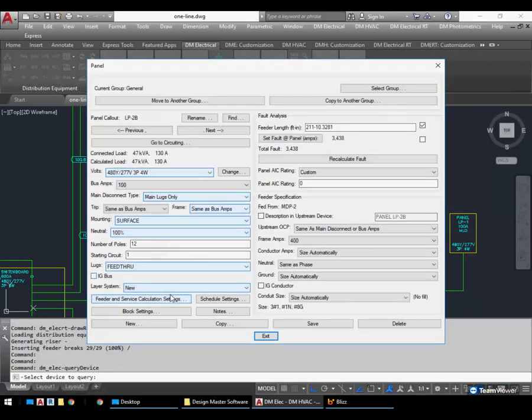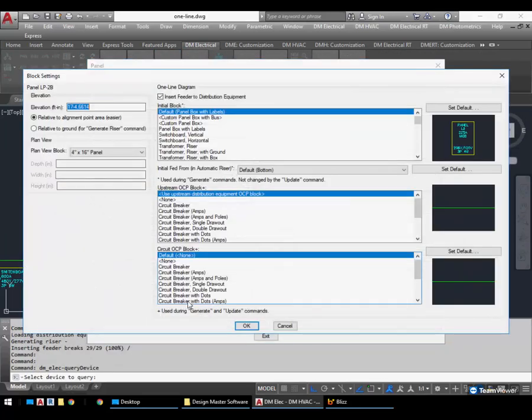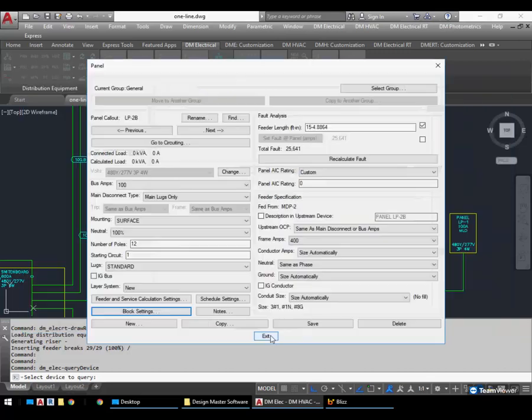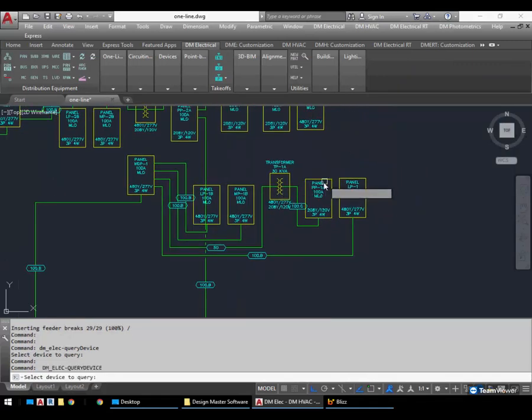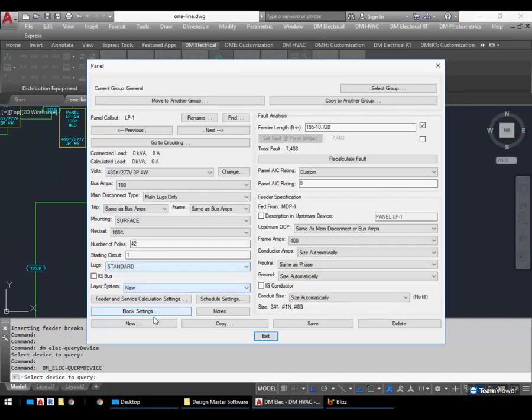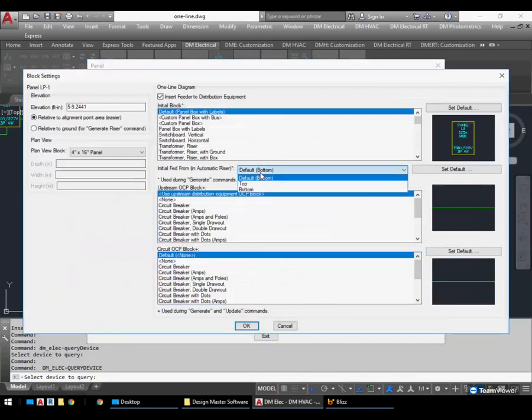Let's say we take this panel here, and under block settings, you have the initial fed from location. This is set to default, which means it's pulling from the options. We could force it to top or force it to bottom. I'm going to leave that one because that one's not going to be interesting if I change it. If I come over here and change this LP1, it's currently default, which is pulling from the bottom. If I set it to top,